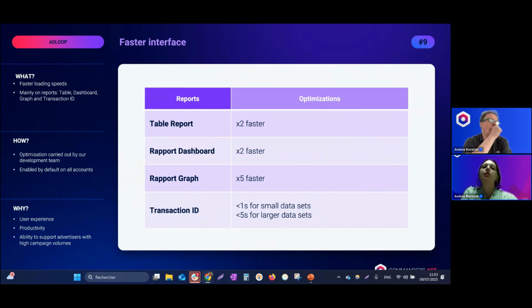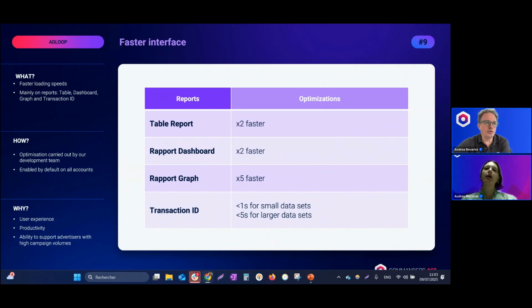The graphs, we managed to improve them to 5 times faster. And we also worked on the transaction ID report for it to load instantly for small data sets and below 5 seconds for larger data sets for 30 days of data.